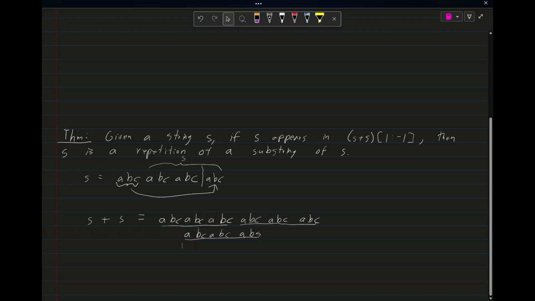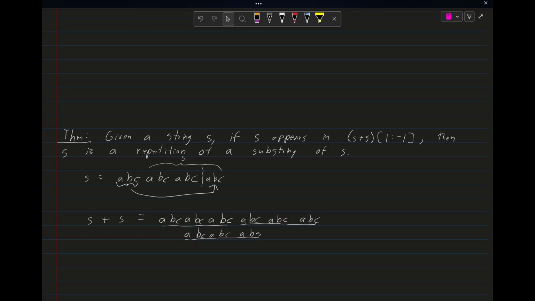So what we've shown here is that if S is a repetition of a substring of S, then S is contained in the interior of S plus S. And this fact is pretty straightforward. If you were given this fact and asked to prove it, it would be very straightforward, because you would just give this argument. So being able to see this is pretty straightforward. Now,